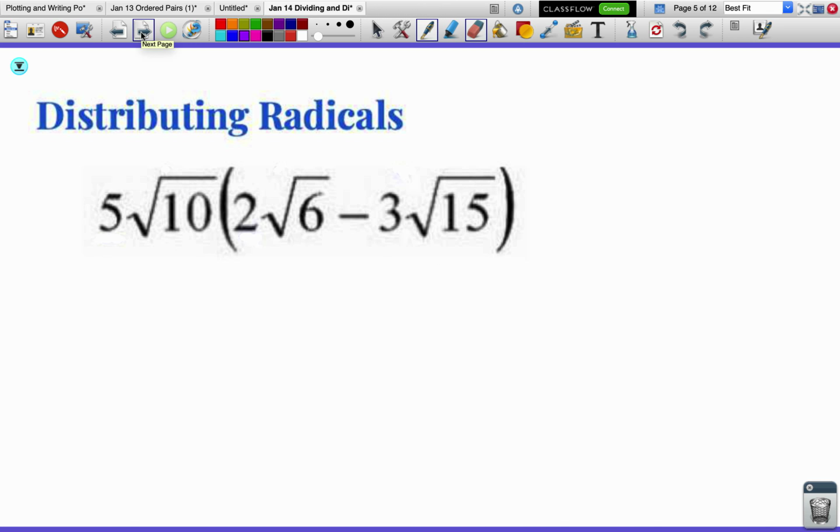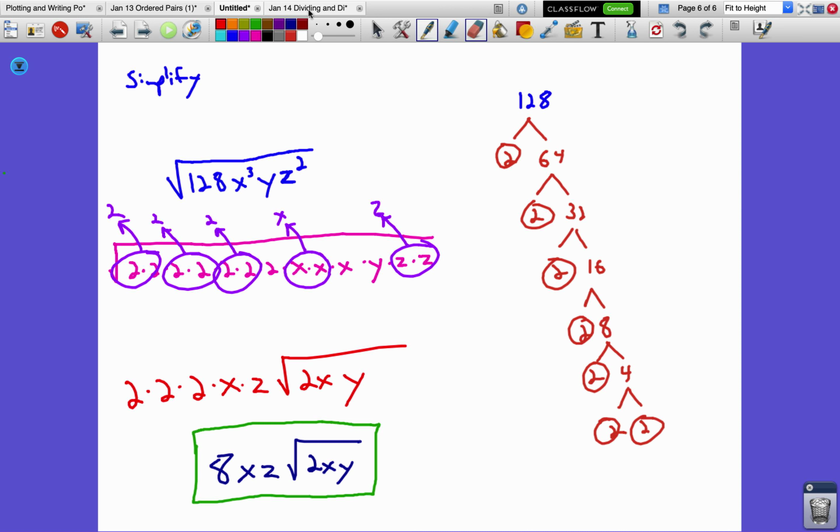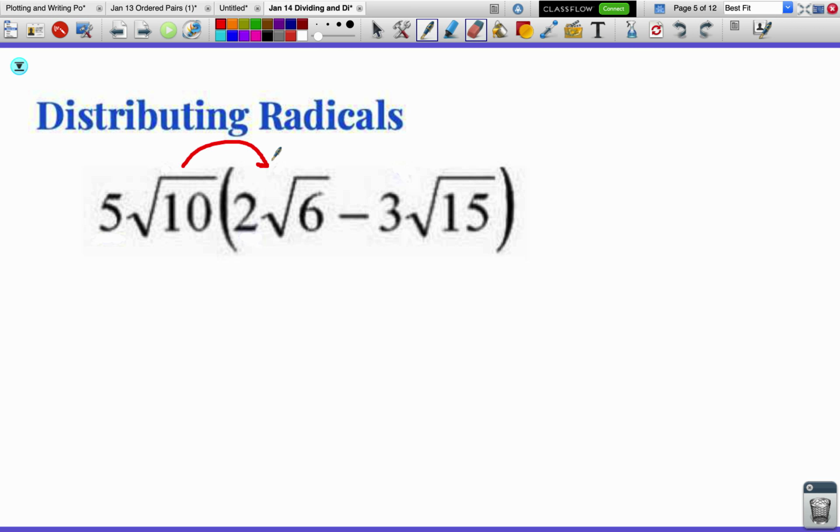All right, now let's get into distribution. So radicals can be distributed just like any value in front of a set of parentheses when you've got multiple terms inside those parentheses. Here, check and make sure that these can't be combined because that would make our lives a lot easier. But 6 doesn't have any perfect square factors, 15 doesn't, they don't match, so they can't be combined. So we're going to have to distribute